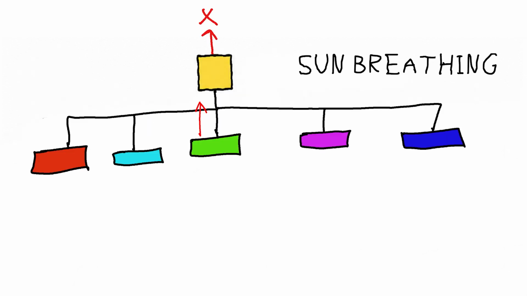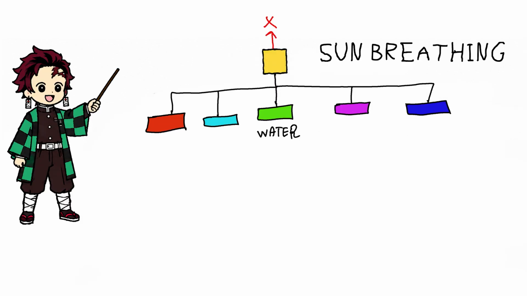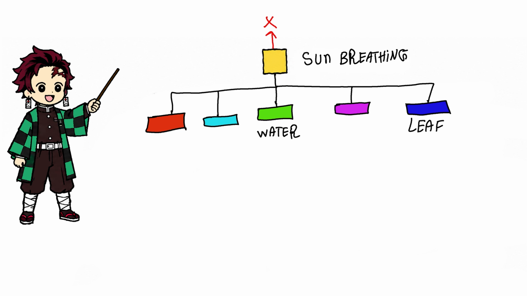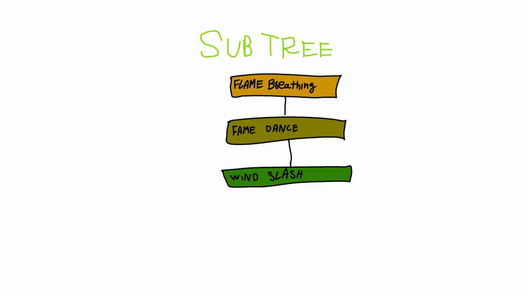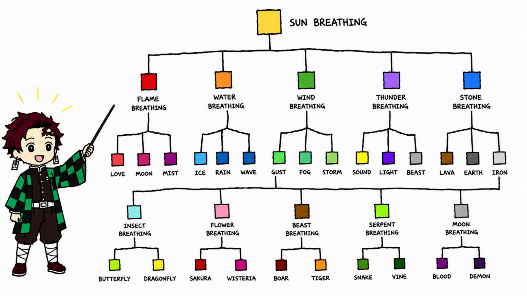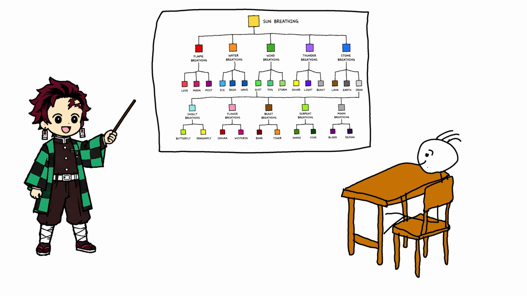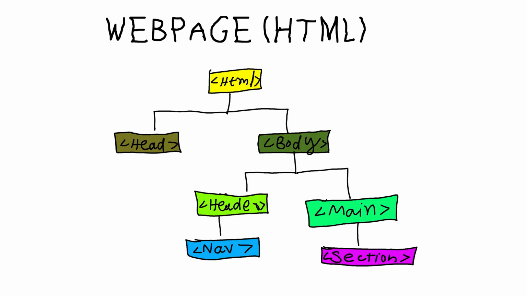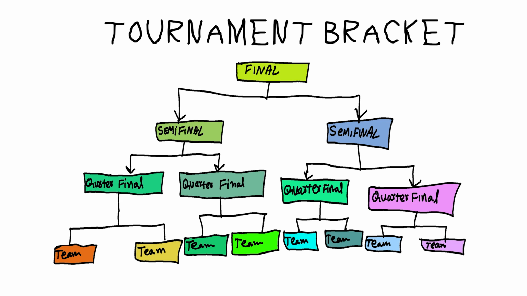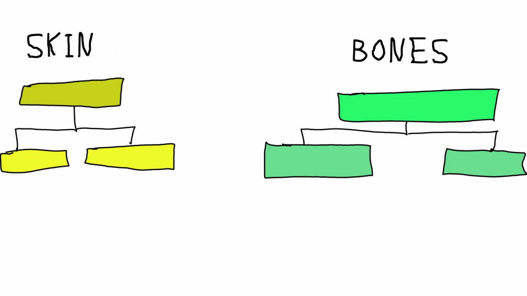A child is a style derived directly from the one above it. Water is a child of sun. A parent is the one it came from. A leaf is a node with no children, a form nobody adapted further, a dead end of the lineage. Depth is how many generations down you are from the root, and a subtree is any node plus everything beneath it, treated as its own smaller tree. Learn it once here and it's yours forever, because this exact structure is your folders inside folders, a web page's nested tags, a tournament bracket, an org chart. Different skin, identical bones.